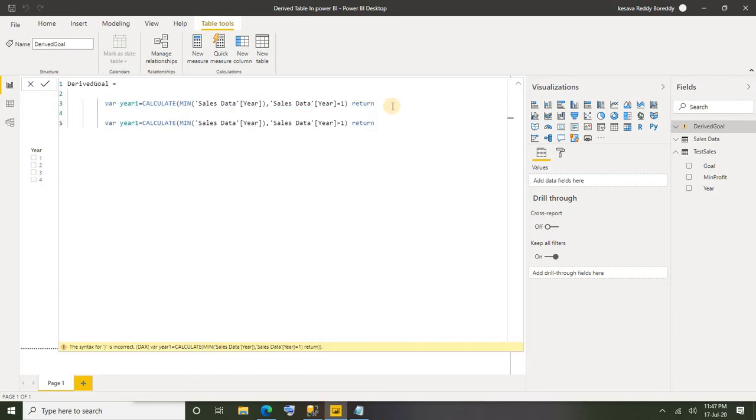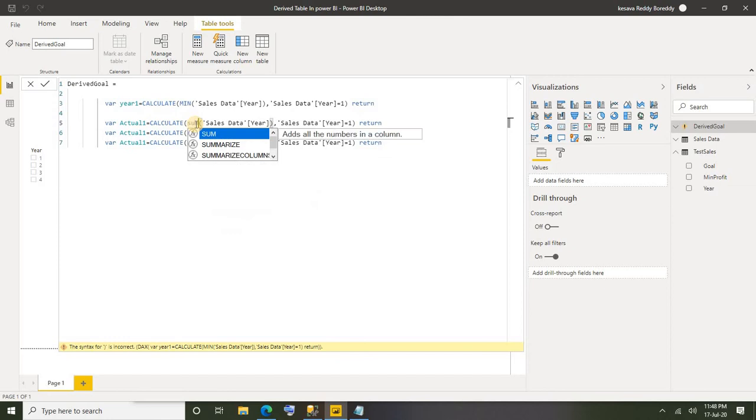Now I'm going to create variables for actual value: actual of year 1, actual 2 and actual 3. Actual 1 should be the sum of actual profit from the main table. Now actual 2 should be actual from the main table where year equal to 2.